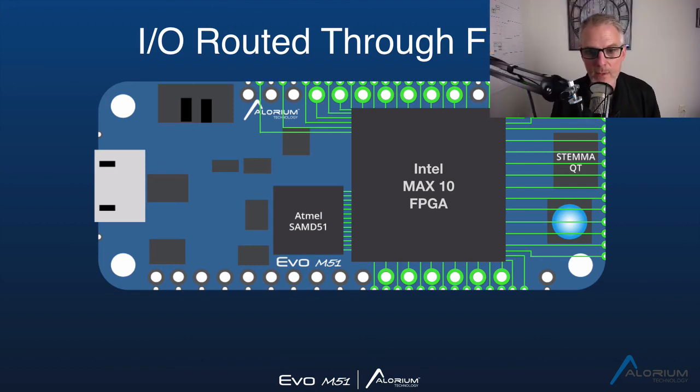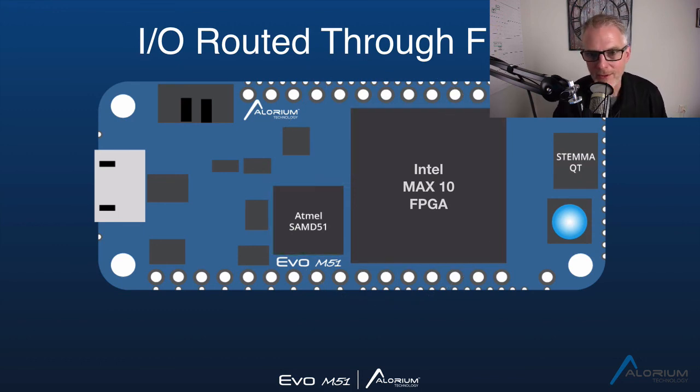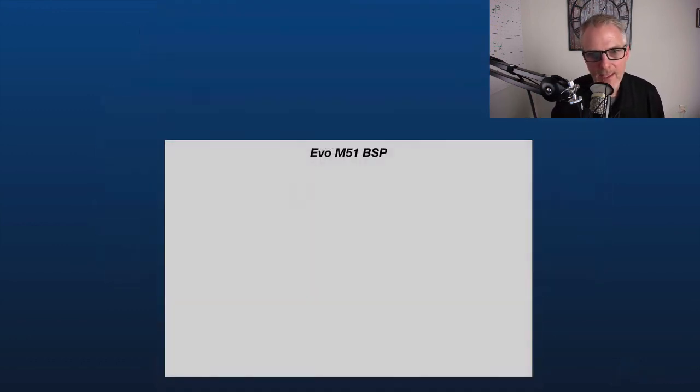That means that we need to be able to handle the I/O. We need to be able to route data in and out and mux those inputs and outputs on the FPGA, set them up as either inputs or outputs, depending on how you write your code. So there are actually some things going on in the FPGA that handle that. Now, again, we have other videos that talk about how we do that, and you can go and watch those as well on our YouTube channel,